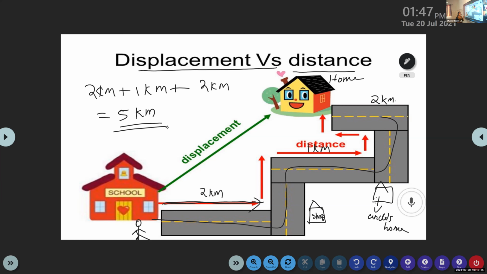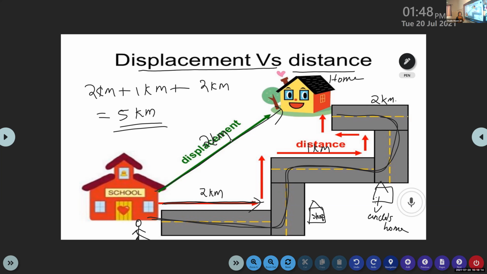On the first day, whenever he leaves the school, he chooses this way to reach his home. So the total path covered by the object is 5 kilometers. On the second day, the same student does not choose this path, chooses the shortest path, and then directly reaches his home. That is only about 2 kilometers away from the school. Okay. So which distance is shorter? Is this 2 kilometers that he chose on the second day or on the first day? Which distance is shorter? Second. The distance that he chose on the second day.